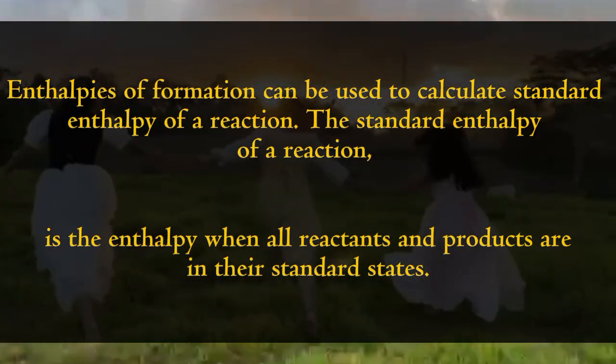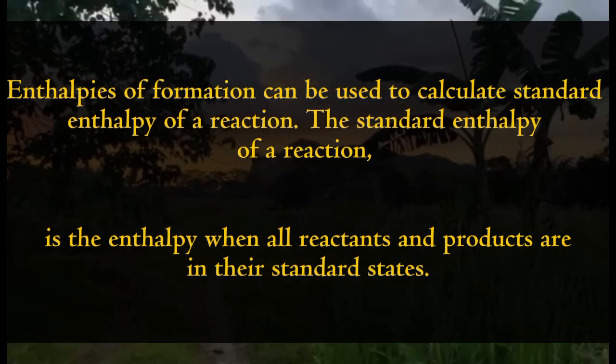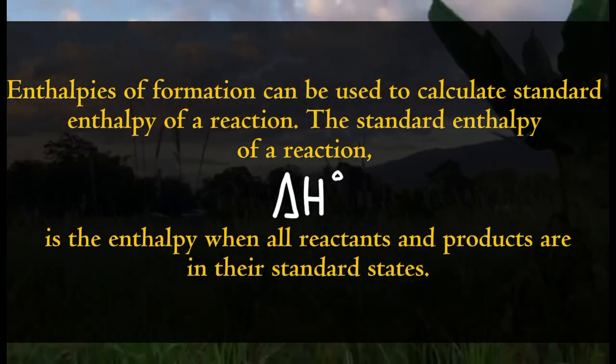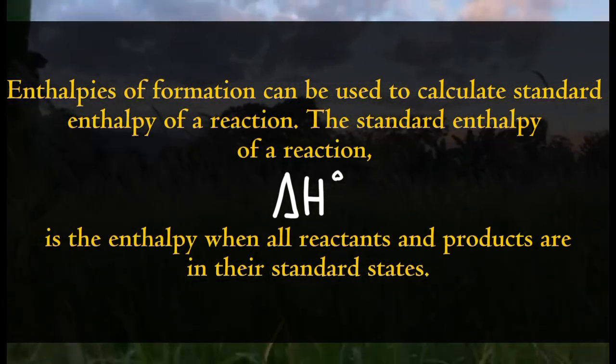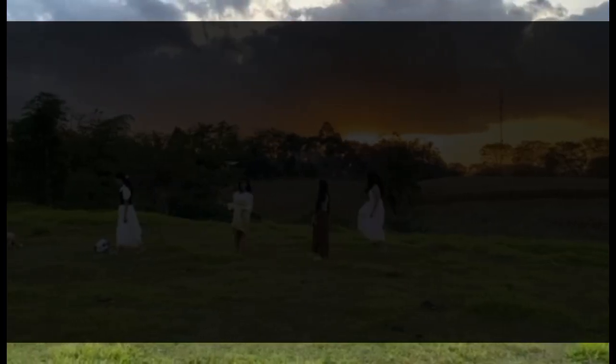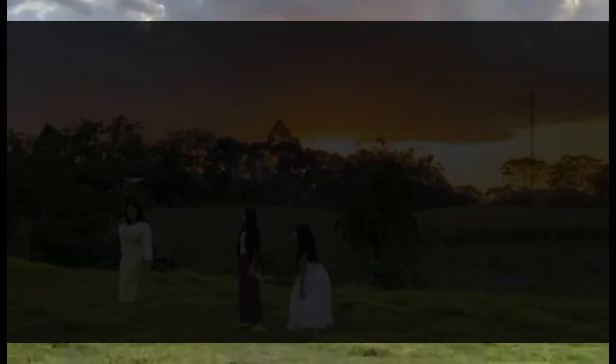Enthalpies of formation can be used to calculate the standard enthalpy of a reaction. The standard enthalpy of a reaction is delta H superscript degree. It's the enthalpy change when all the reactants and products are in their standard states. The standard enthalpy change for a given reaction is equal to the sum of the standard enthalpies of formation of